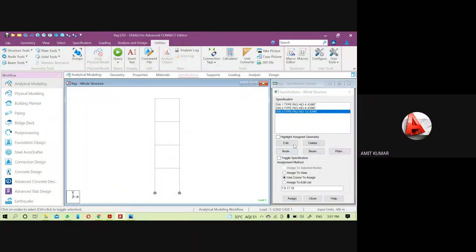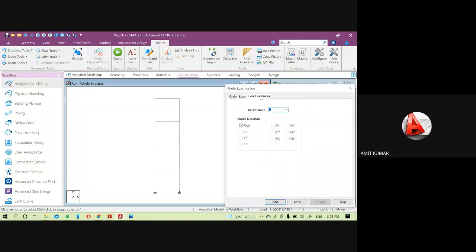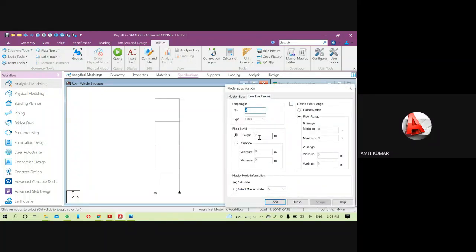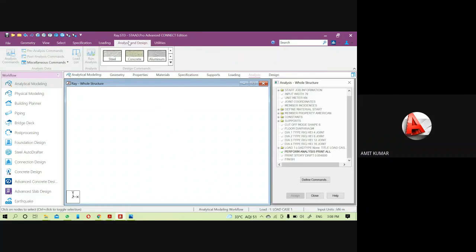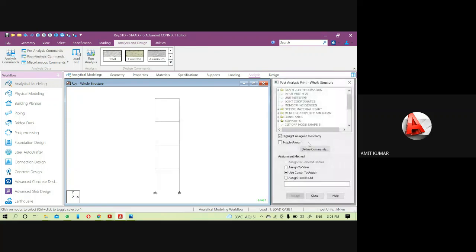Then next floor diaphragm number 4 will be at a height of 16 meter. Define floor range to the nodes option and assign it to the selected node. There are a total of 4 diaphragms.